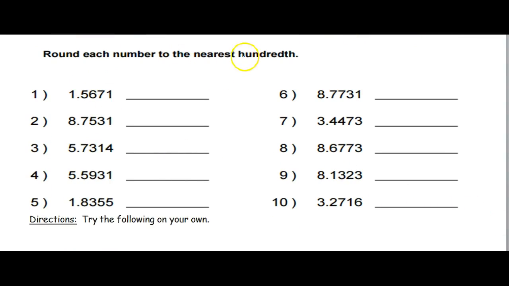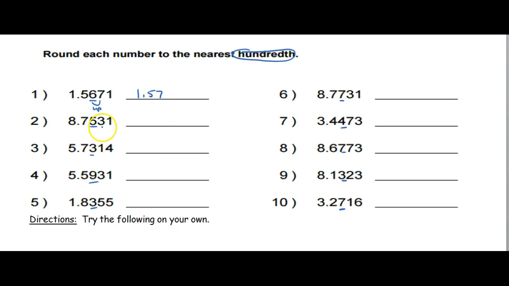Now, I'm still rounding to the nearest hundredth here. Okay? And if I round to the nearest hundredth, I still strictly stay to the number to the right of the hundredths place. So it's tenths, hundredths. So we're still 2 decimal places to the right. But it doesn't matter what happens to the far right. So, right here, I look at the number to the right. The 7 tells me to round up. Therefore, I round